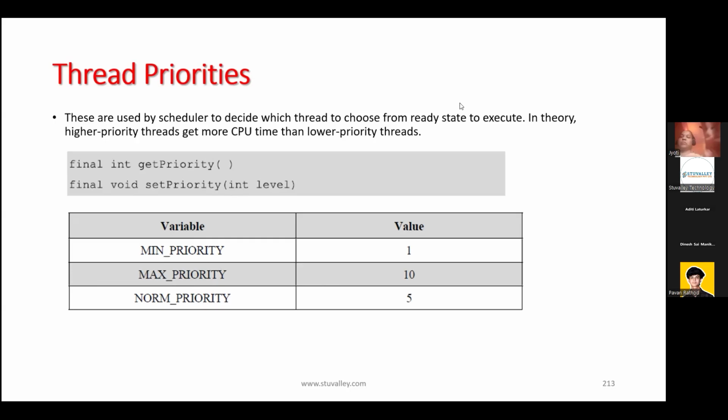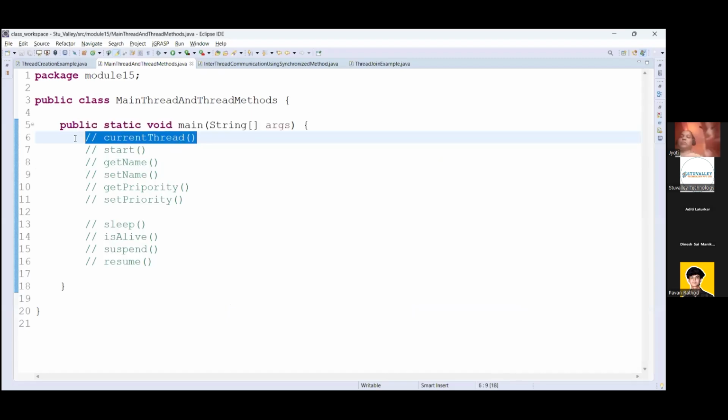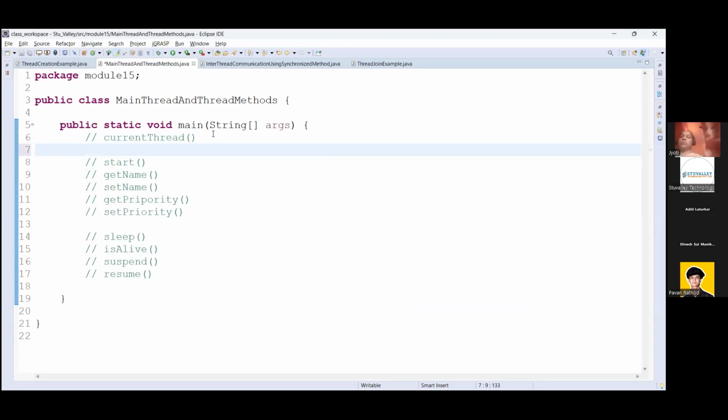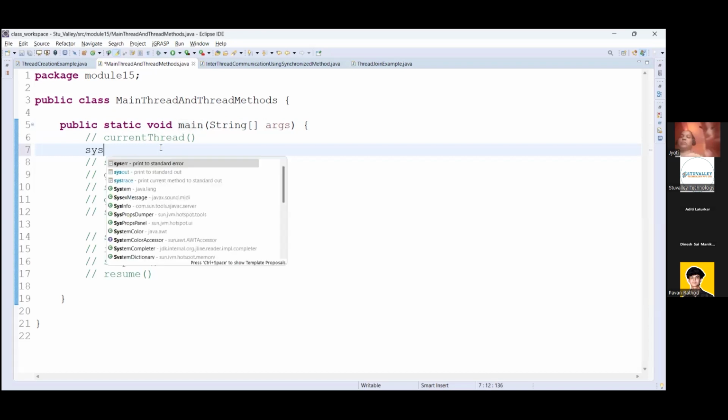in different ways. There is one more method, the current thread method in the thread class itself, which gives you the currently executing thread. As we have seen in the exception part, main is also one thread, created and executed by the JVM itself. So the main method is always also one thread. We will try to access the current thread of execution.